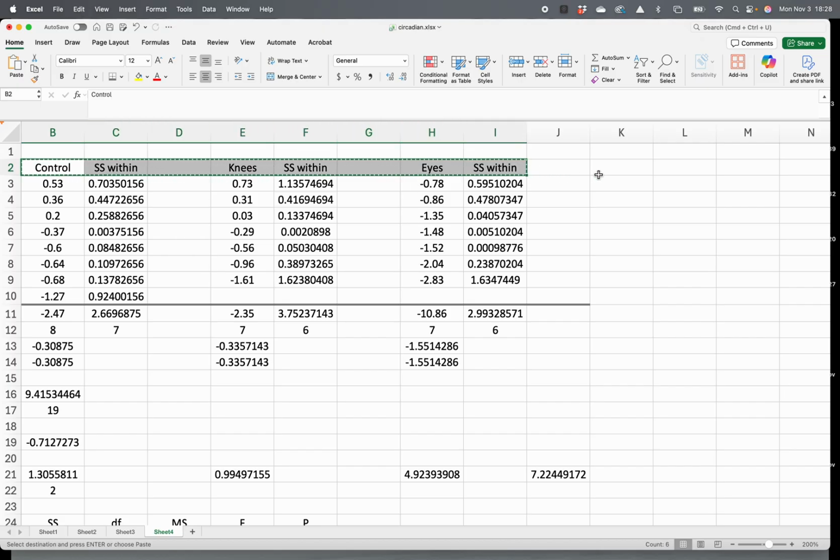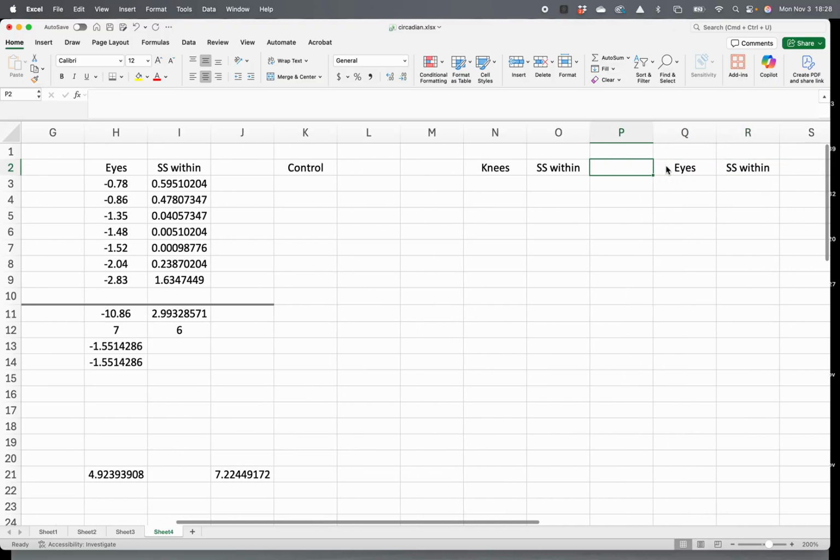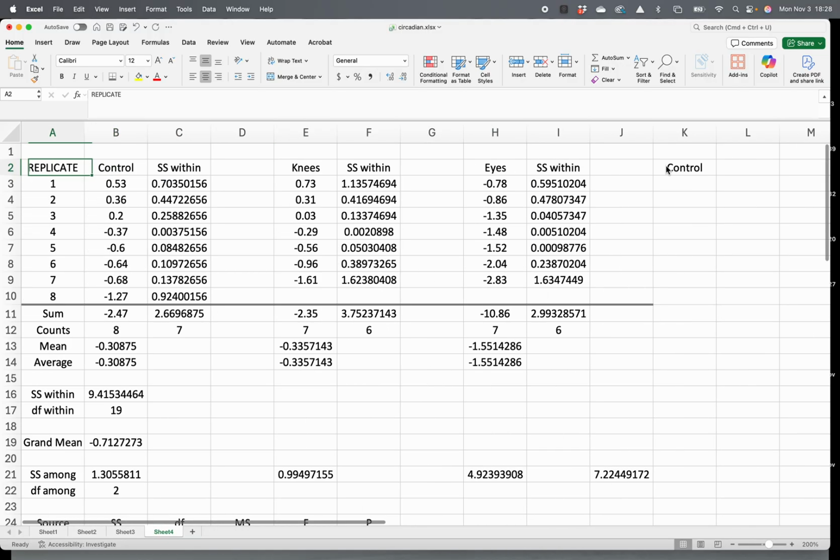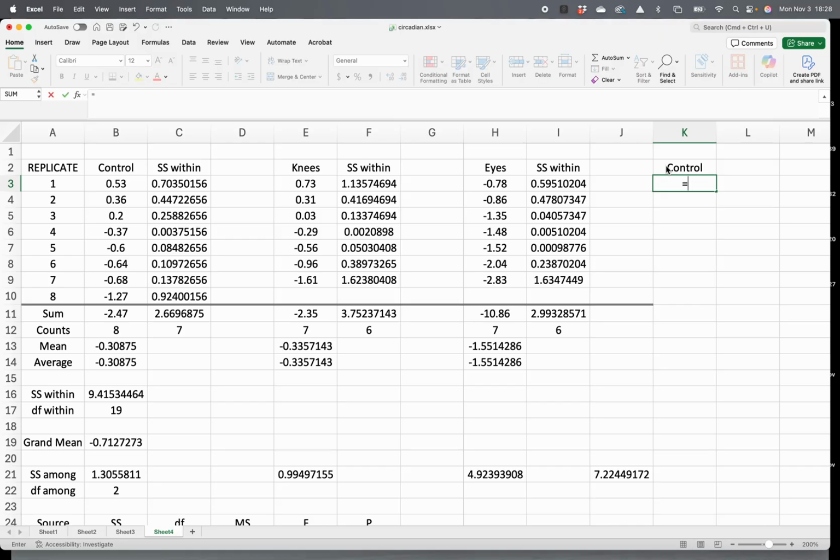and let's just copy them into another set of columns. We're going to get rid of the sums of squares within because we don't need sums of squares within. And I'm leaving this spacing the same because that's important when we start referencing things. So in this column here, I'm going to want to take, so put an equal sign in there, open your parentheses. I want to take the first value of control, subtract from that the grand mean, and I want to square